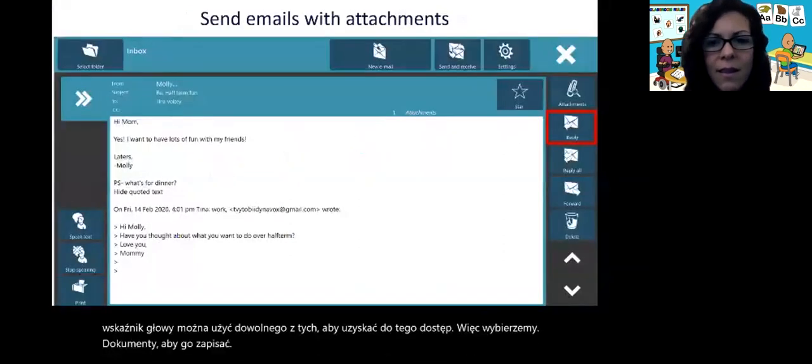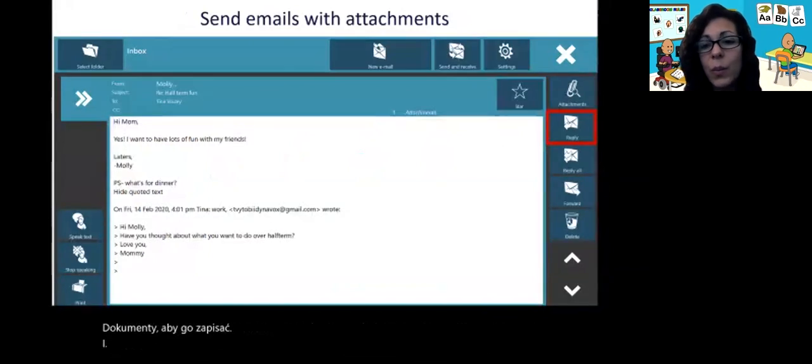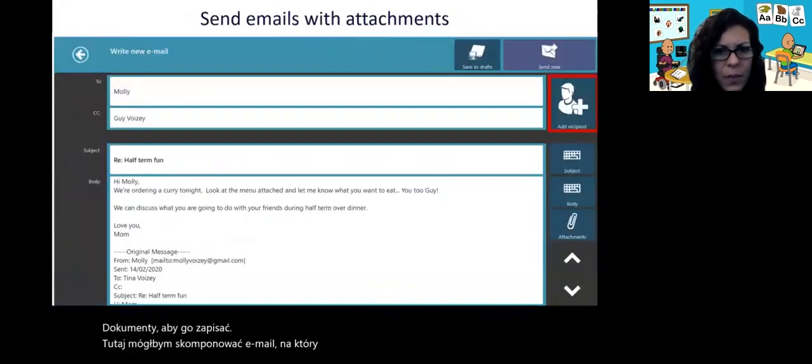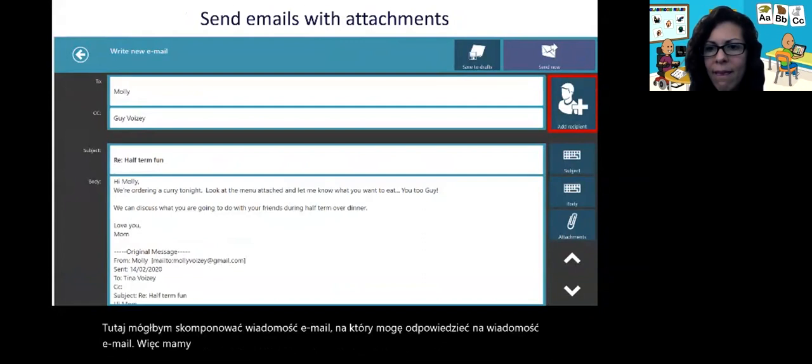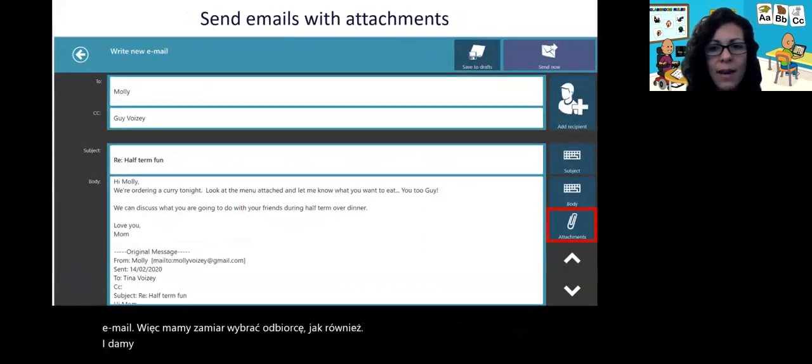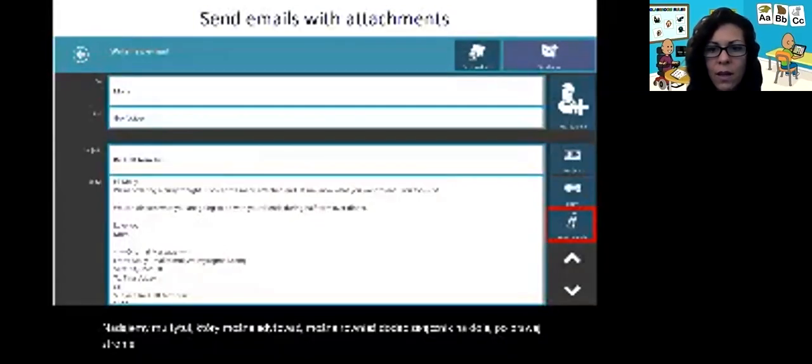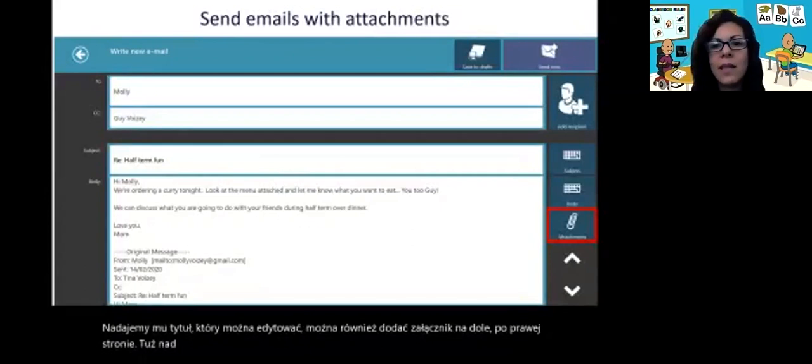And here I could compose an email. I can reply to an email. So we're going to choose the recipient as well. And you can give it a title. You can edit the body. You can also add an attachment on the bottom right, just above the navigation arrows. It's important to note that in C5, unlike other software, you can open, view, and send any type of attachment,